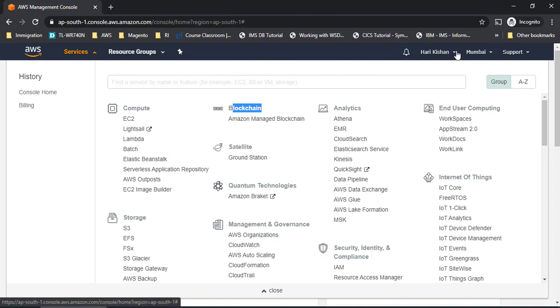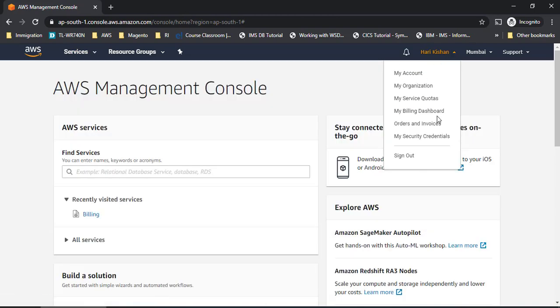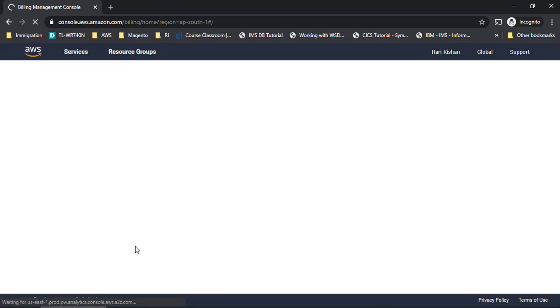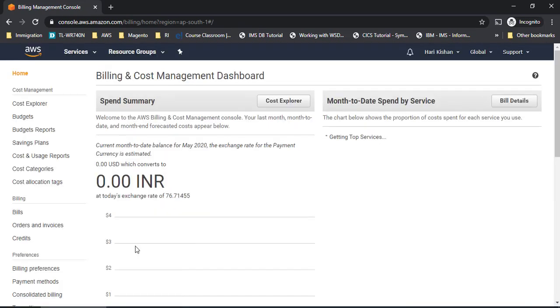So now let's not waste much of our time and go to my billing dashboard. In case your account is not activated properly, the billing dashboard will not show you properly. It shows you that your account has not been activated, and these are the 3 reasons for your account not getting activated. The same reasons which we discussed in the earlier lecture will be shown up here, right? If you are able to see this Billing and Cost Management dashboard, that means your account is successfully created and activated. So congratulations on the first step.